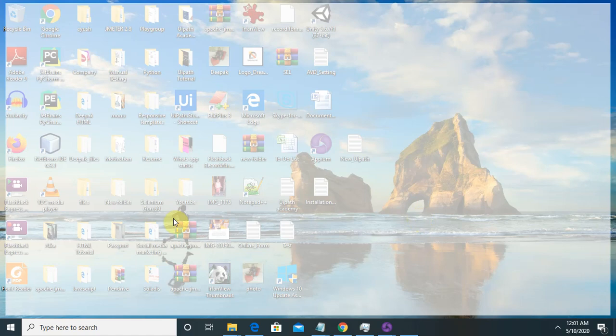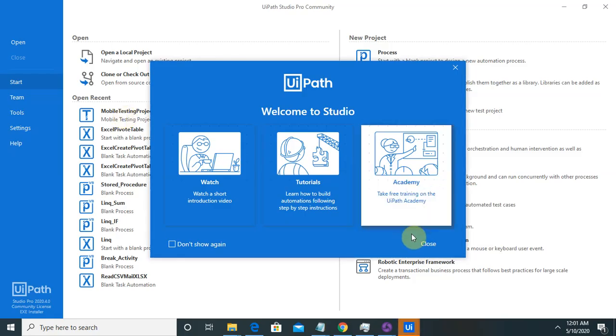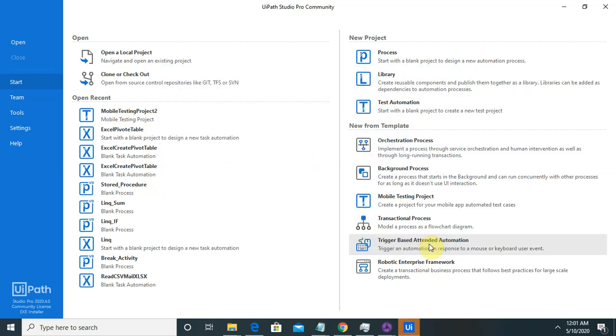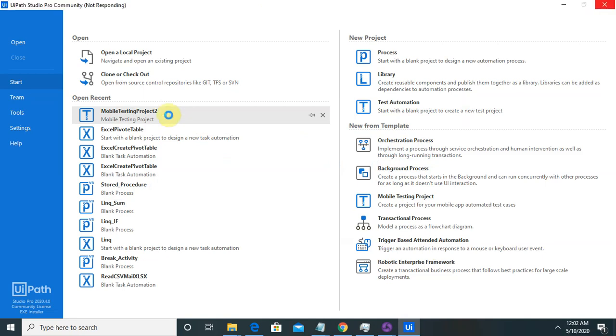Now I can see the application is available, Android Studio. Close this. Launch your mobile testing project. Sometimes it will show not responding as well, depending on the system.